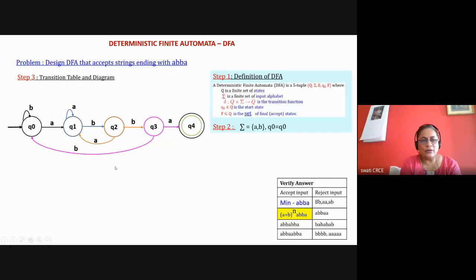Okay, so then with A double B A, it will go. Okay, how will the machine reach Q3? After processing A, B, B, it will reach Q3. So your string is A double B. Now, in order to get accepted, it should have A double B A. So it will go back again, and then it will start again with A double B A.